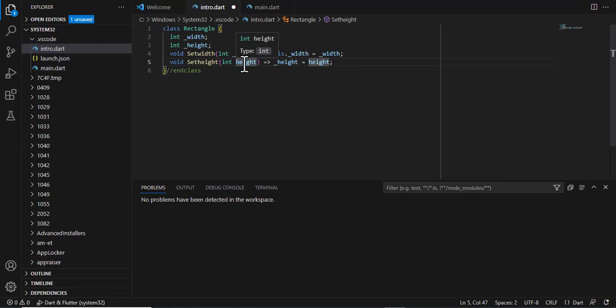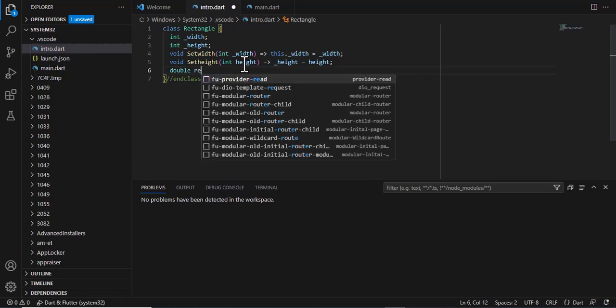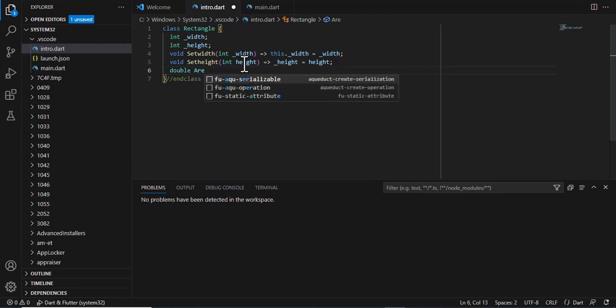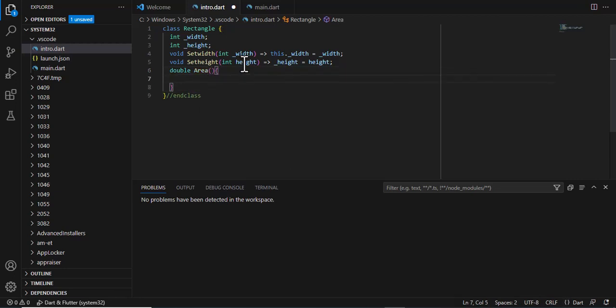Now, we are able to set the width, we are also able to set the height, and then let's just have a method that returns double, which calculates the area for us. So I'm going to say double, and I'm going to call this area, and it is a method that accepts no argument, and all it does is calculate the area for us. So in here I'm just going to return,